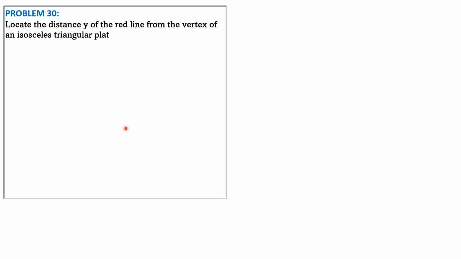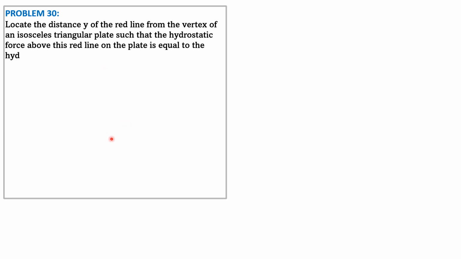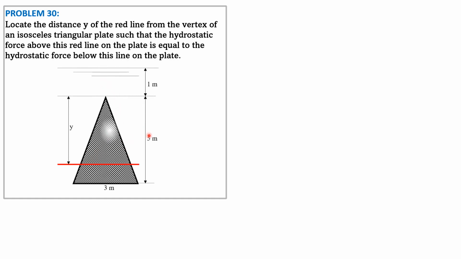Problem 30. Locate the distance y of the red line from the vertex of an isosceles triangle plate such that the hydrostatic force above this red line on the plate is equal to the hydrostatic force below this line on the plate. So here is the given figure, and the condition is the hydrostatic force on the portion above the red line is equal to the hydrostatic force below this red line. Meaning to say, the hydrostatic force above and below would be equal, such that the hydrostatic force of the entire triangular plate